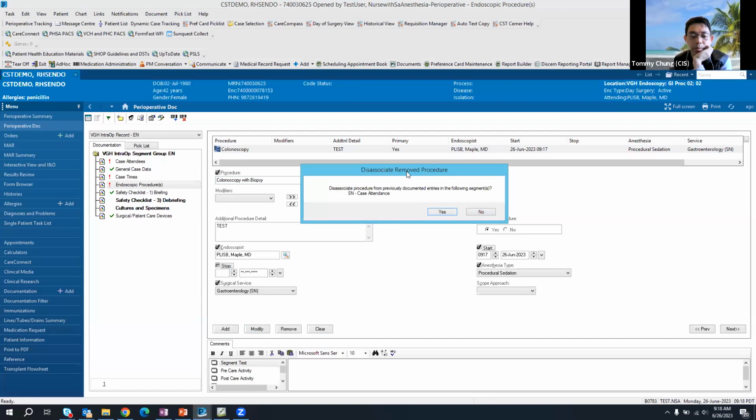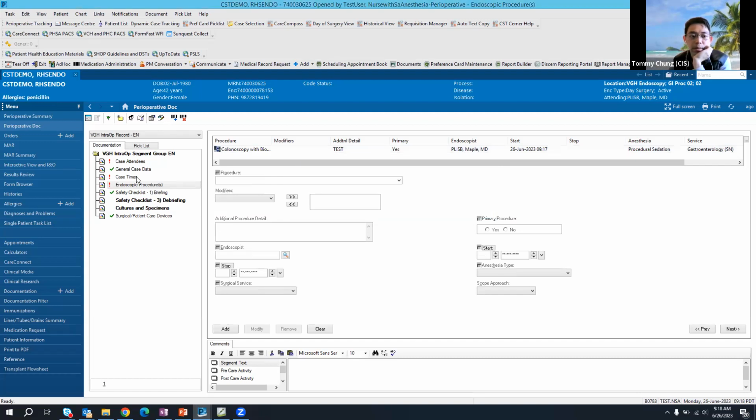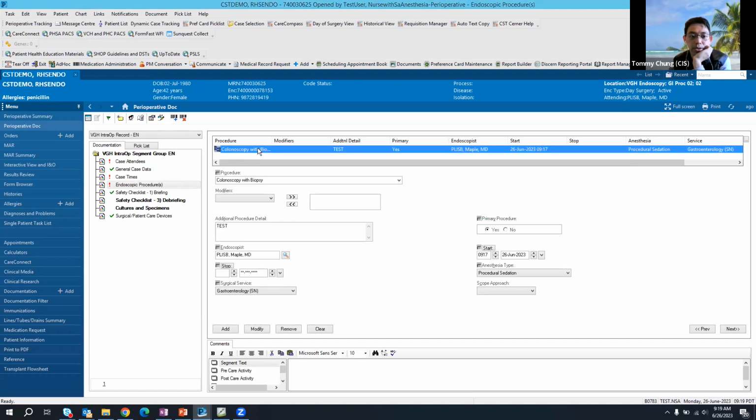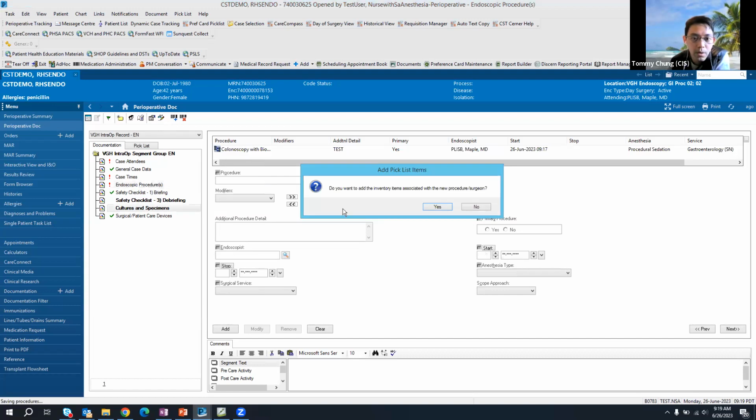and then we're going to select modify, and it'll ask you to dissociate from the previous procedure. You just go okay. Some of the segments will change depending on what procedure you change it to, but all the information you entered will be saved already. Okay, so now the procedure is colonoscopy with biopsy. And next is our